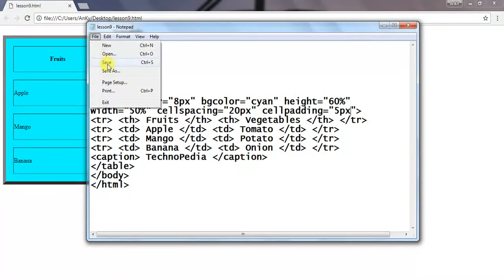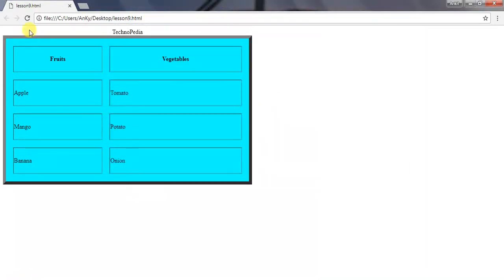Save it, refresh it. Now here you can see the content, the table data, moves towards the right-hand side from the corner of a cell.